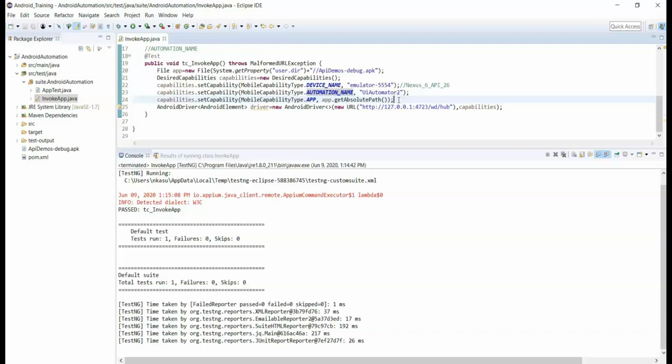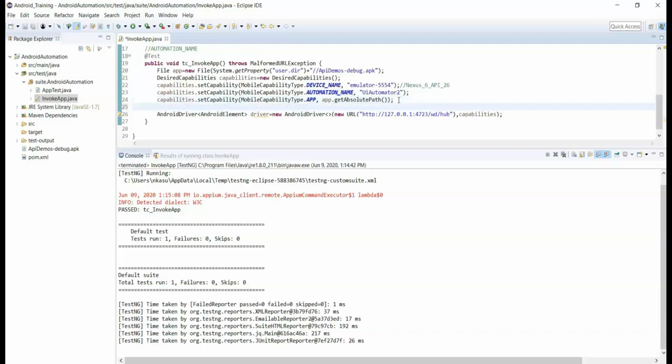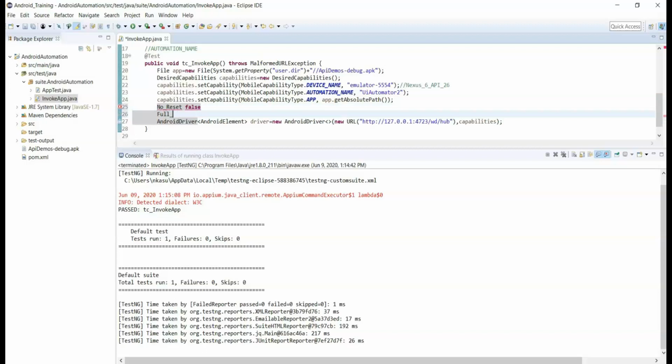By default, there are two desired capabilities required to handle that situation. So first one is the noReset capability. The default value of noReset capability is false, so that means it clears the app data, that is the cache. And the fullReset capability, so the Appium server uninstalls the app by default.